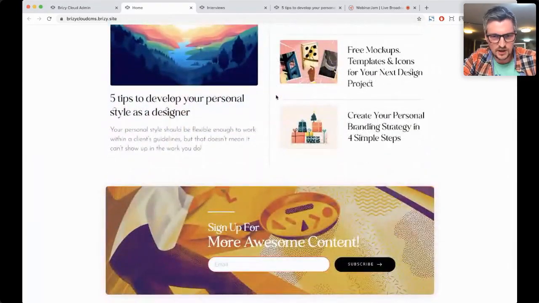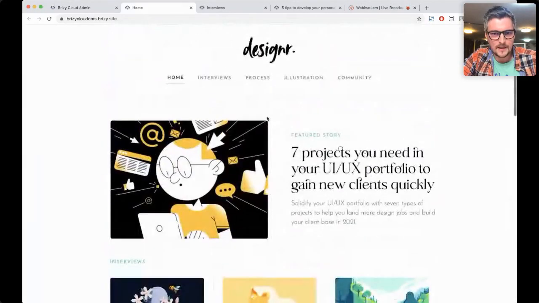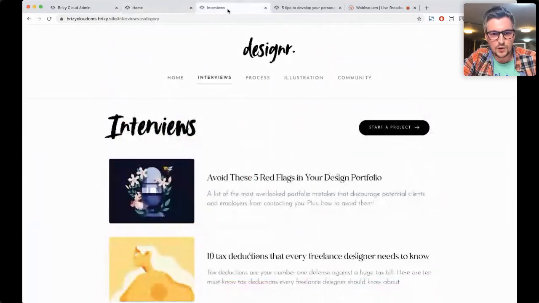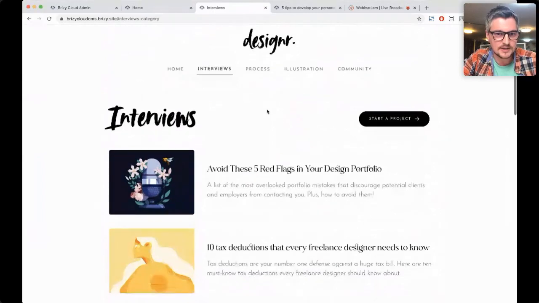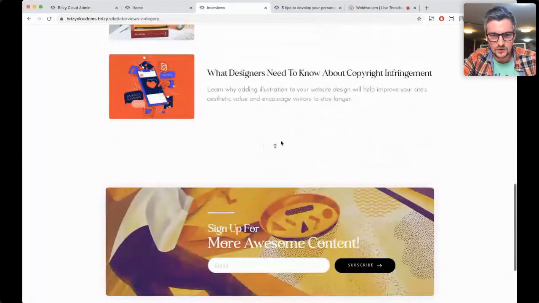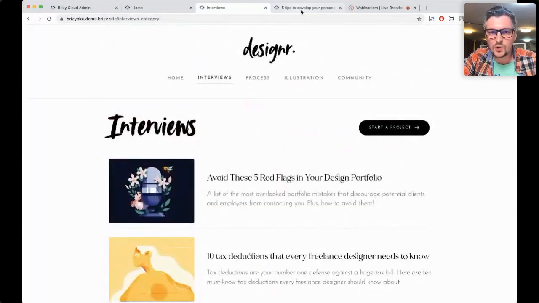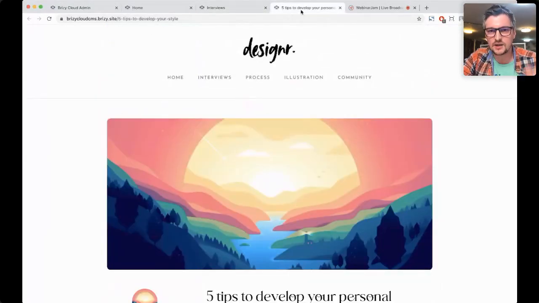I have put some dummy content in here just to showcase this. This is the homepage. We'll have pages for the categories, post listings. So this would be the interviews, for example, blog category interviews. We'll have blog listings here with pagination and all. And also we'll be working on a single post